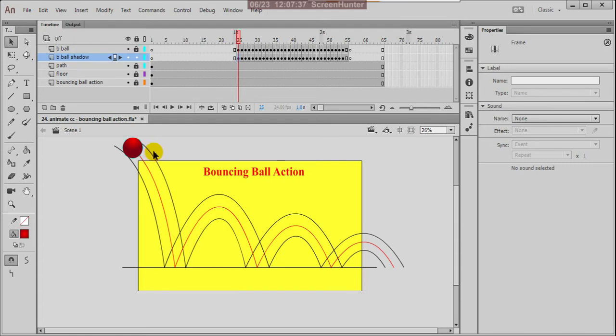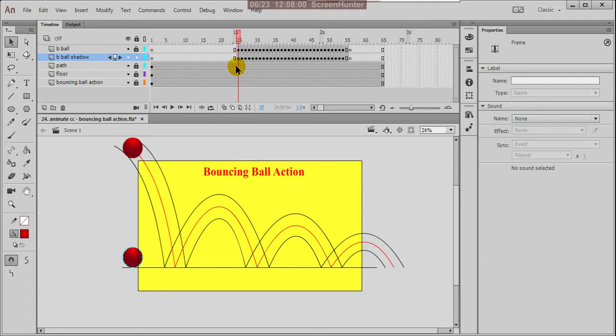Yes, so now what you do, come to ball shadow and click the first ball. Okay, and make the down arrow. See, this is down arrow.